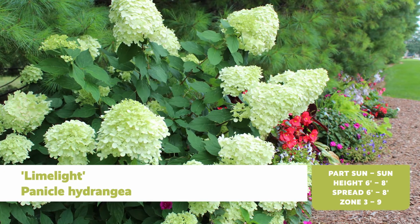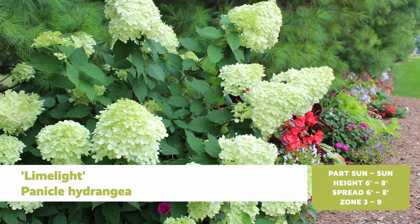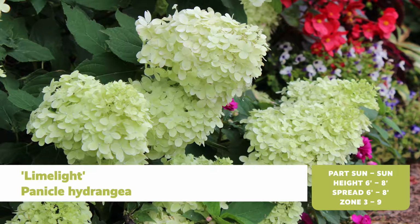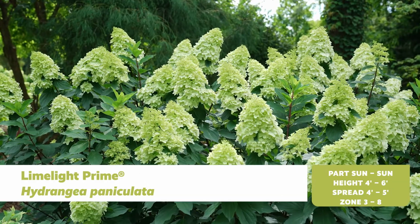The granddaddy of all hydrangeas is surely the Panicle or paniculata species. You've seen them towering over the garden at 6 to 8 feet tall, supporting their large, impressive summer blooms. Proven Winners Limelight Panicle Hydrangea has become a household name, and there's also compact versions of this garden favorite, such as Little Lime or the new Limelight Prime Hydrangea. But today, we're going to review another classic hydrangea paniculata and a tiny tidbit that holds its own in any